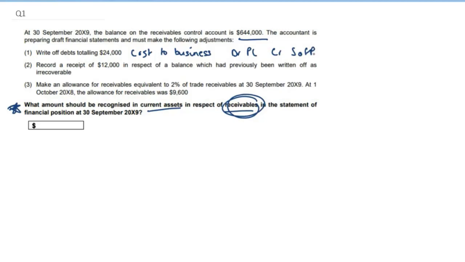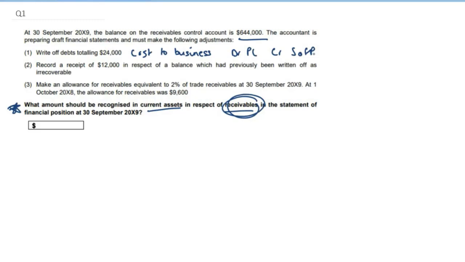And we'll follow that through in just a moment. I'm just thinking about trying to demonstrate my thought process. Written off debts, okay, not going to get the money. It's a cost to me. It's going to credit my statement of financial position. It's going to reduce my receivables balance. Okay, fine, understood. Point 2, record a receipt of £12,000 in respect of a balance which had previously been written